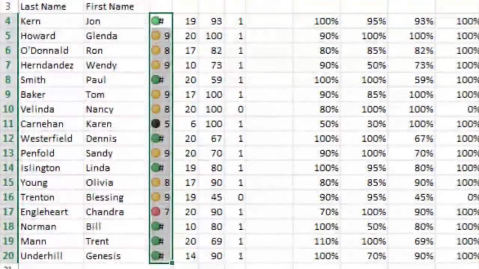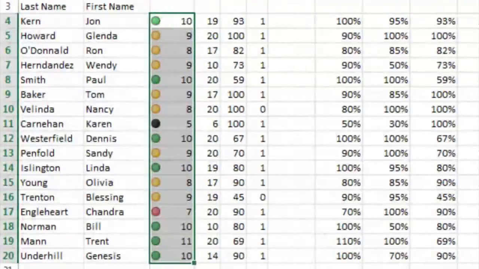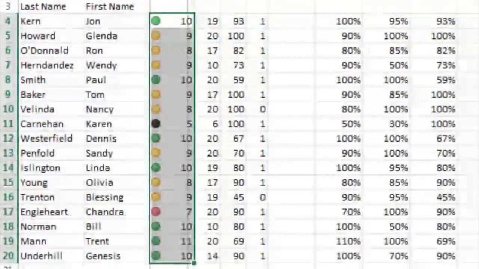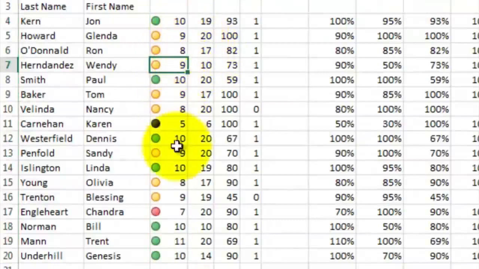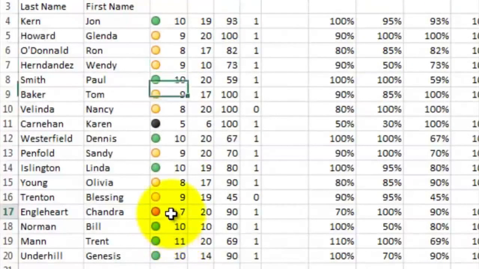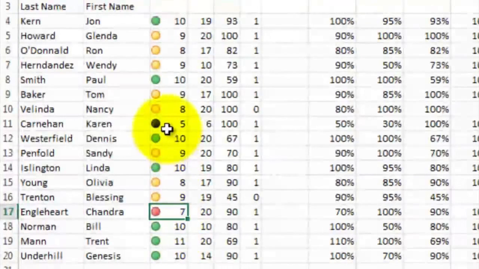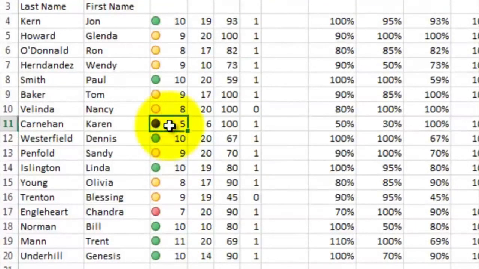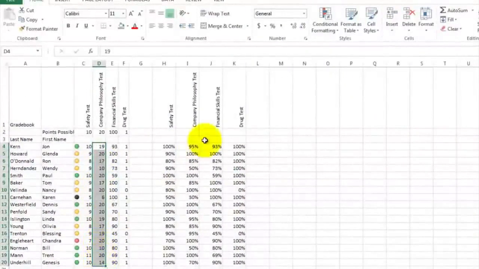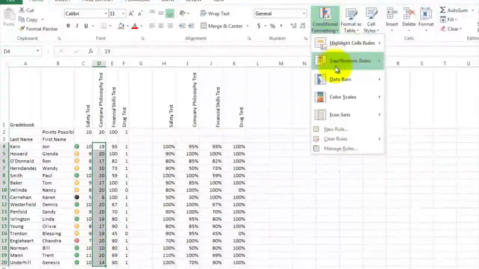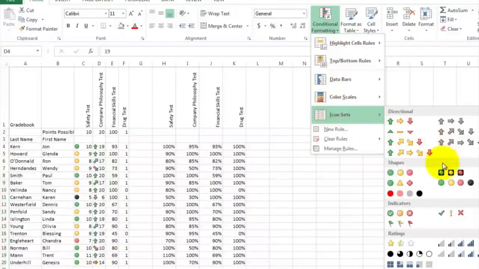Automatically, it puts an icon based on who's in the top percentages and who's in the bottom. And so you can see that the green lights show up immediately with the top test scores. There's a red light for somebody that's failing, and then there's a black one for an absolute miserable score of 5. Let's try that with the next row. Let's highlight the next set, and we'll choose conditional formatting and icons and choose the traffic lights again